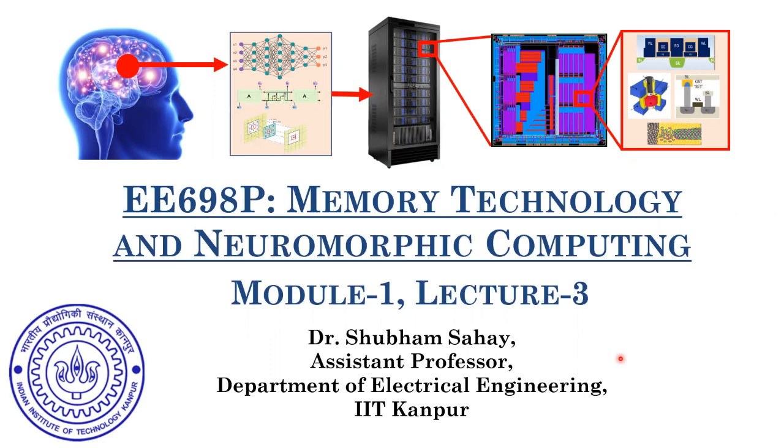SRAM memory, DRAM memory. Then we also looked at some non-volatile memories, and in that, the first category was based on charge modulation of the gate oxide. So they looked like MOSFETs with an additional layer in the gate stack. If that additional layer is a polysilicon layer, then it is called a floating gate flash. If that additional layer is a silicon nitride based charge trapping layer, then it's called SONOS or charge trapping flash. If that additional layer is a ferroelectric material which has got an inherent polarization, then that is called a ferroelectric. So this is one class of non-volatile memories which stores the data in the form of threshold voltage, and there